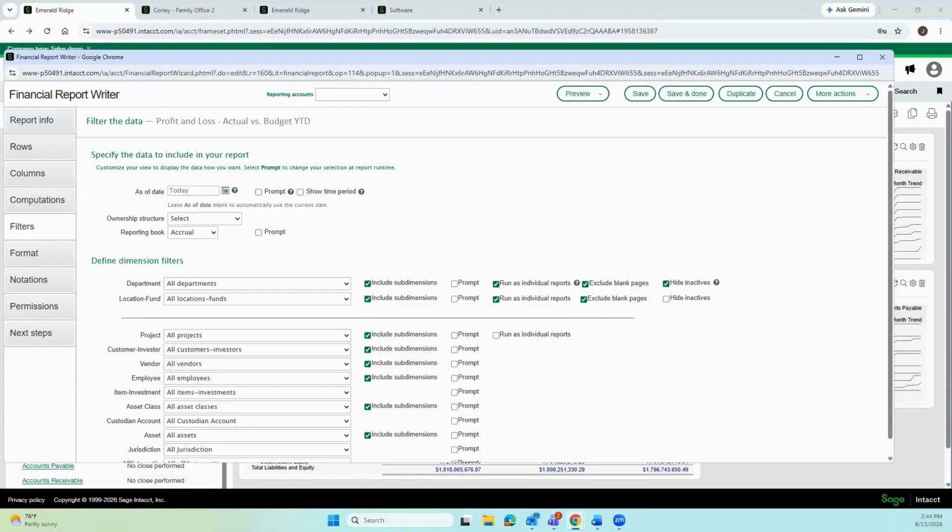And this is really a nice feature if I'm running a lot of reports. Again, I'm running my P&L by department. Not every department is going to have data in it. So now when I check this and run, you'll see that it exposes whether to include those blank pages, and it excludes them. So being able to filter out those blank pages for me, if I'm printing this, it's going